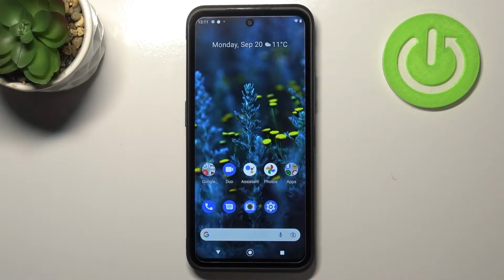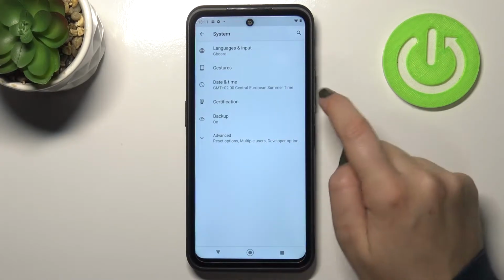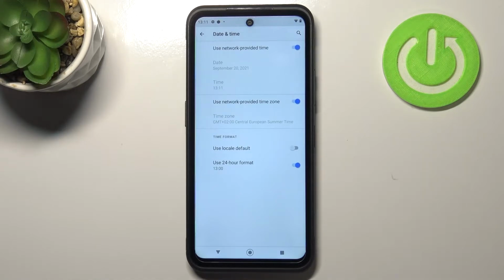Hi everyone, in front of me I've got Nokia XR20 and let me share with you how to change date and time on this device. So first of all, let's enter the settings, and here we have to scroll down to the very bottom and tap on system. On the third position we've got date and time, so simply tap on it,